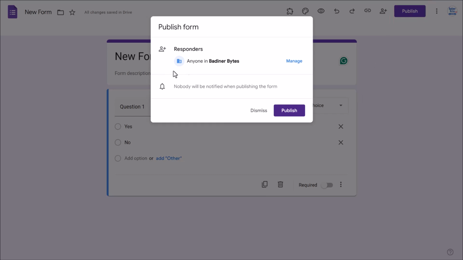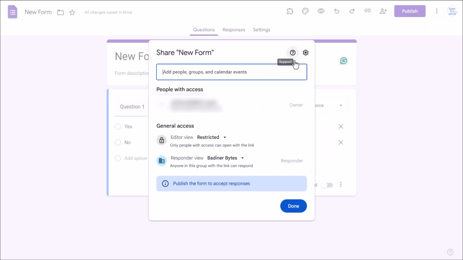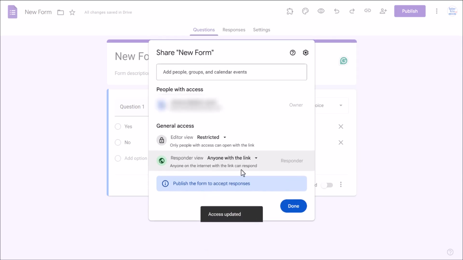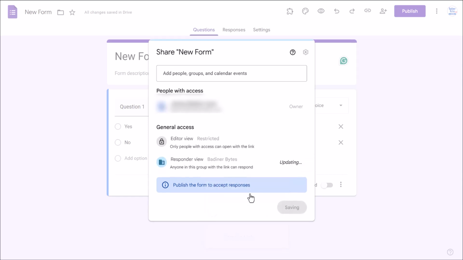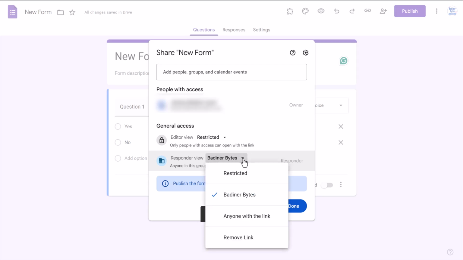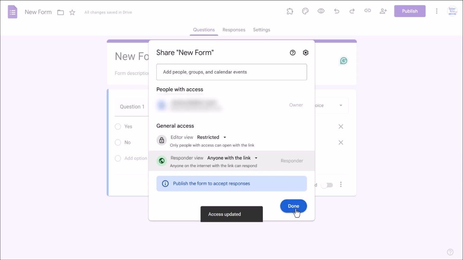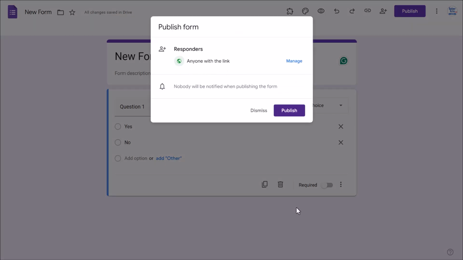Do you want it anyone in your domain? Or you can manage it and say anyone with the link. So once again, very similar to Google Sites or even your forms before. Do you just want it in your domain or anyone even outside your domain? So if you do want it just in your domain, leave it in your domain. But if you're going to need anyone to do it, click on the anyone. Click the done button. Once it's published,